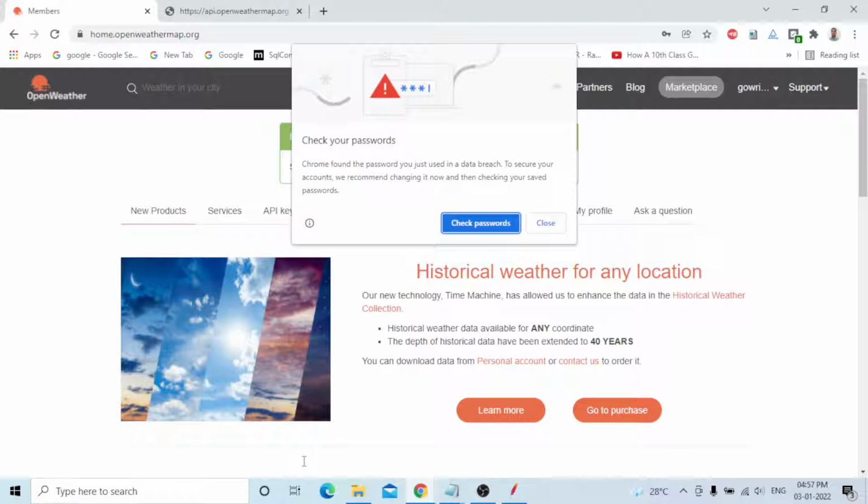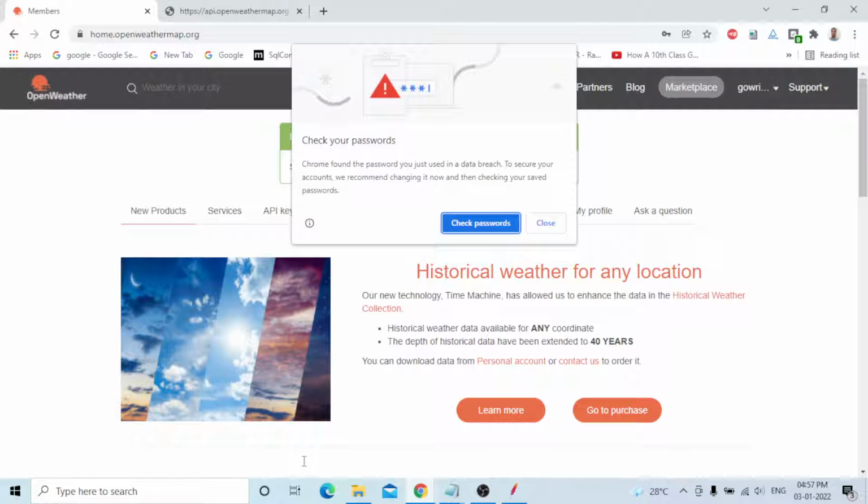This is my account. Go to My API Keys. Once you register, you open My API Keys, and there is an option to create a key. You can provide the API key name. Now I generated one named New Delhi 1. This is the API key. You can give any name and click on generate, and it will be generated.